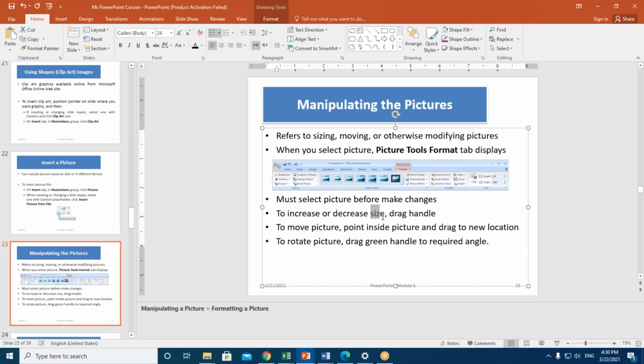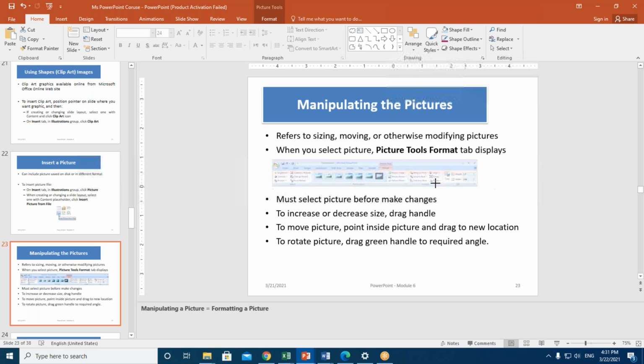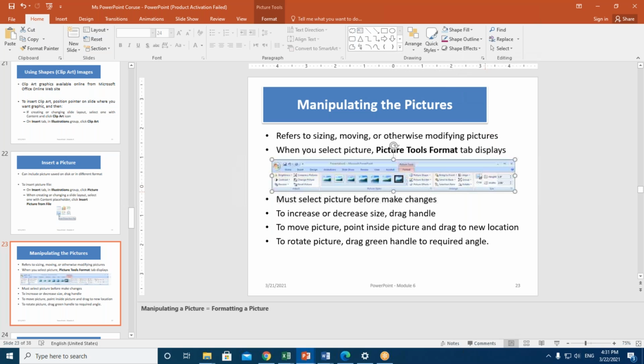Controlling the sizing of your pictures, increasing, decreasing, drag the handles. So these we call handles, to control the size of your pictures, increasing and decreasing. Moving pictures, when you get this